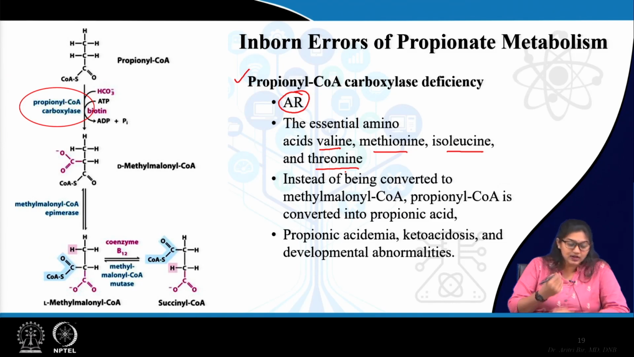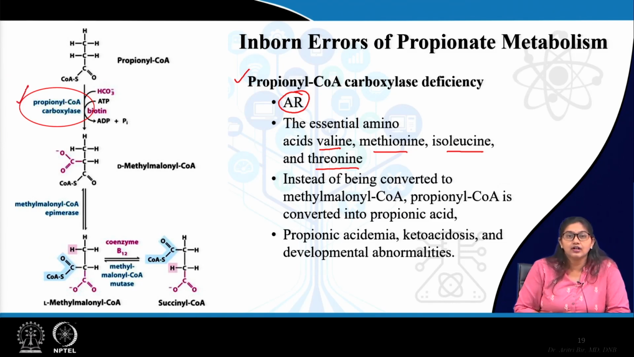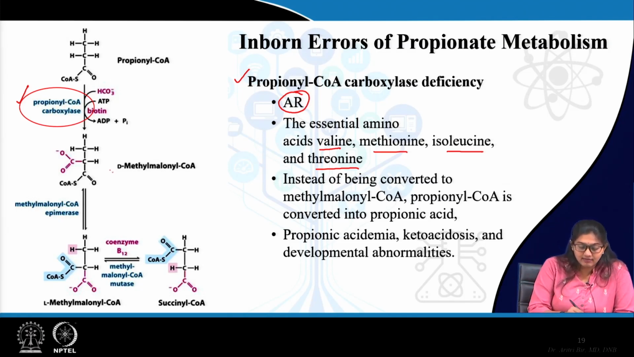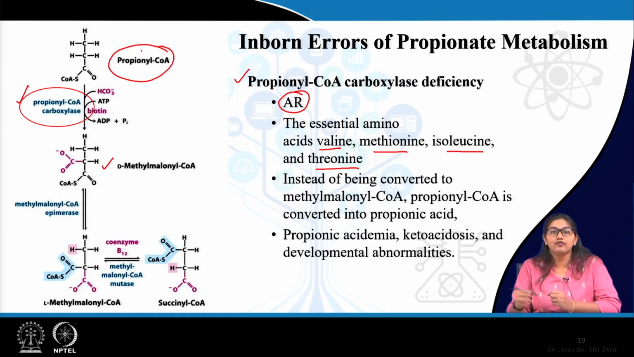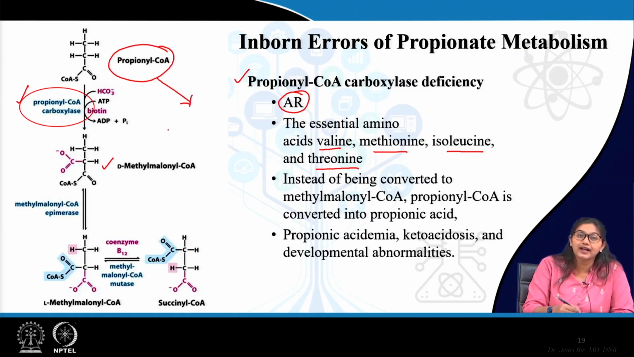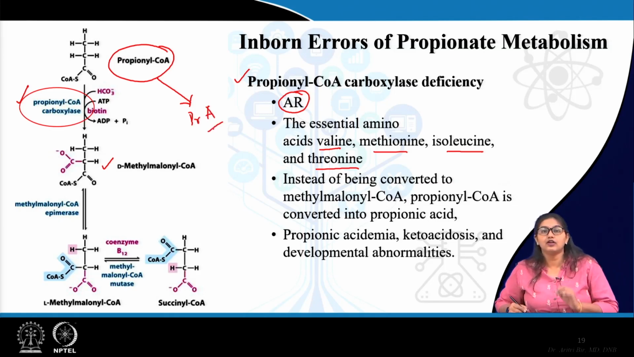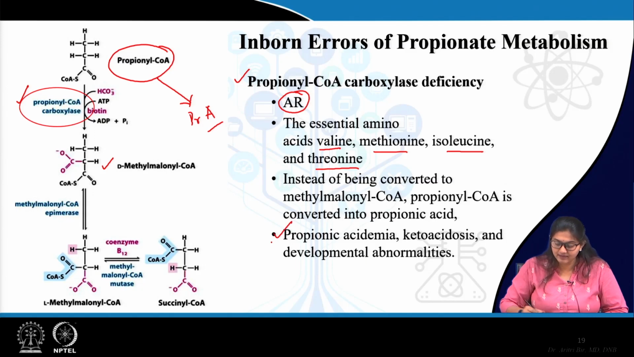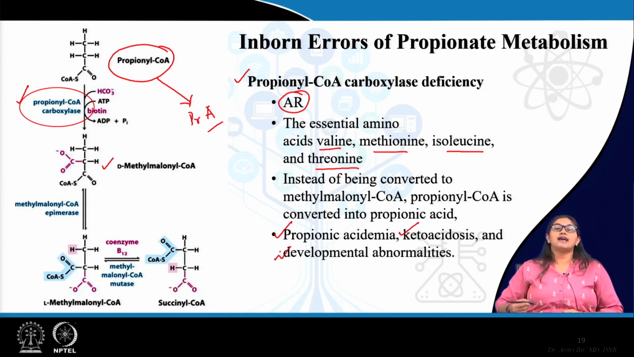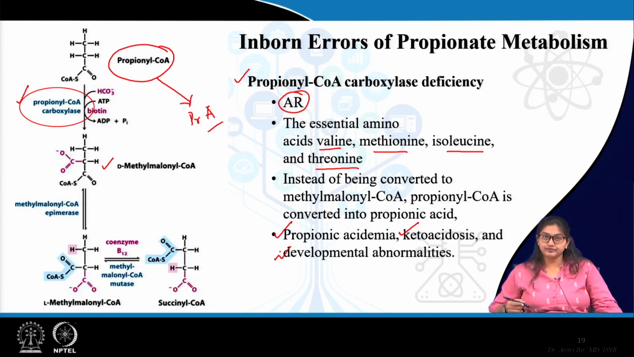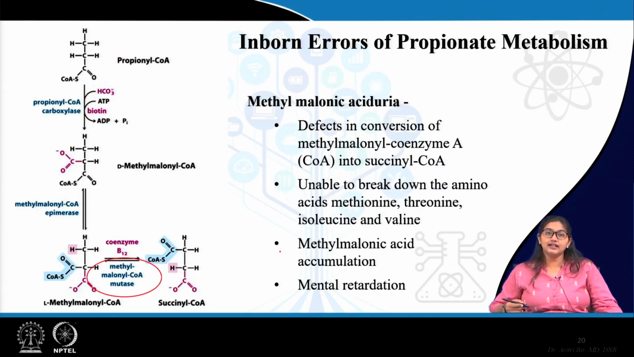Now, because this enzyme is deficient, what will happen? The methylmalonyl coenzyme A will not be formed. So, what will be accumulated? Propionyl coenzyme A will be accumulated, and that will follow one other pathway, and it will form propionic acid, which will cause propionic acidemia, ketoacidosis, as well as it will be manifested as developmental anomalies. Next disorder is in